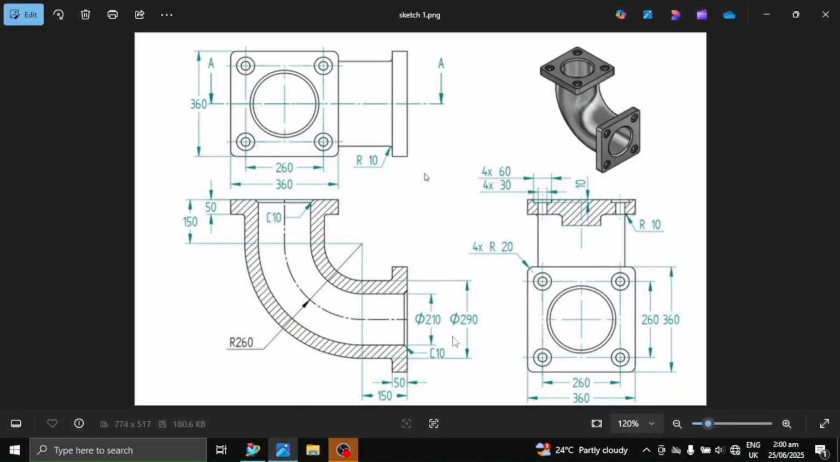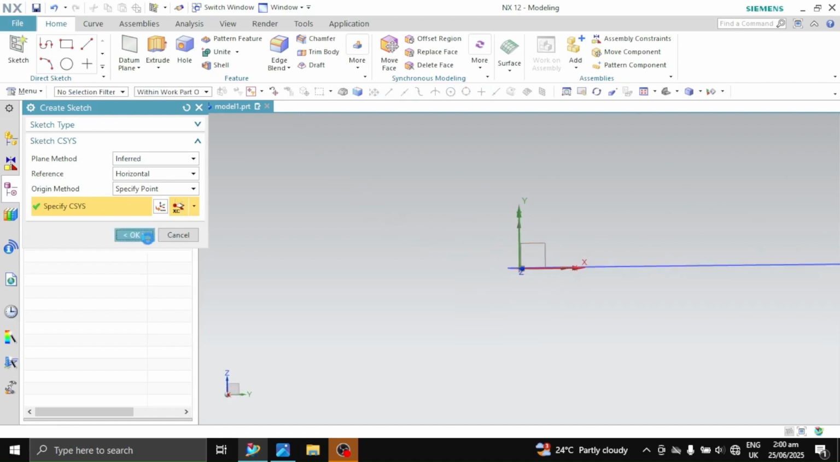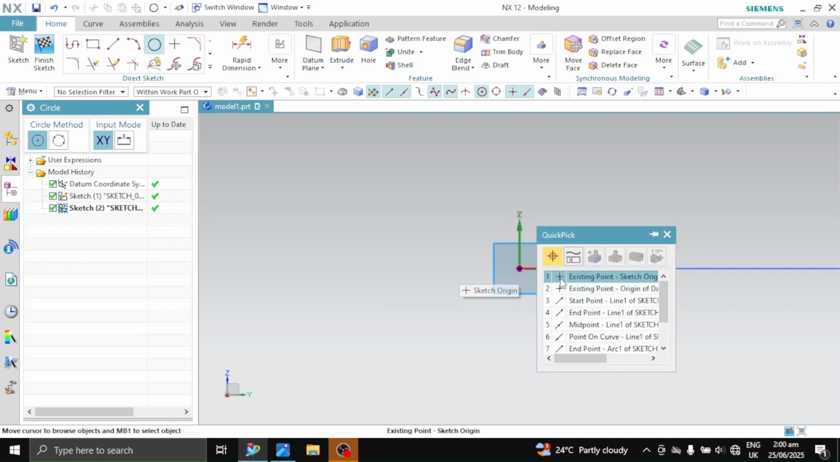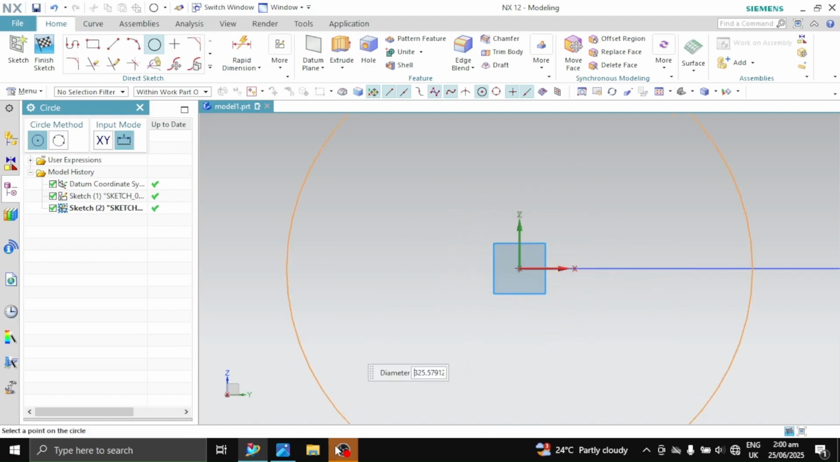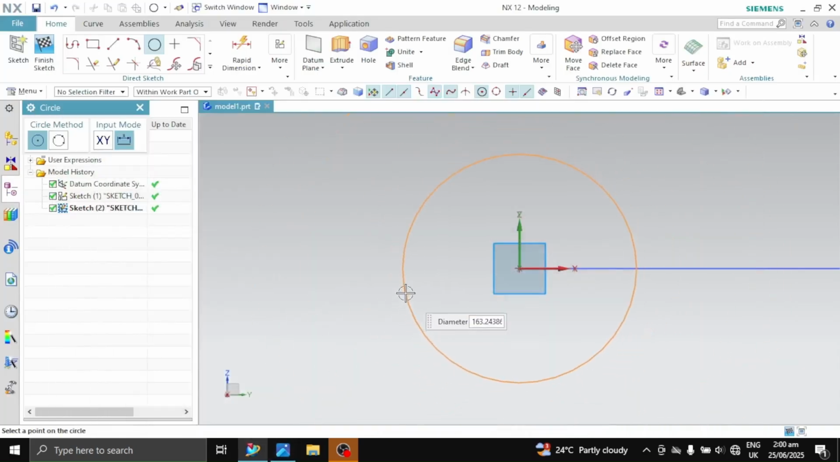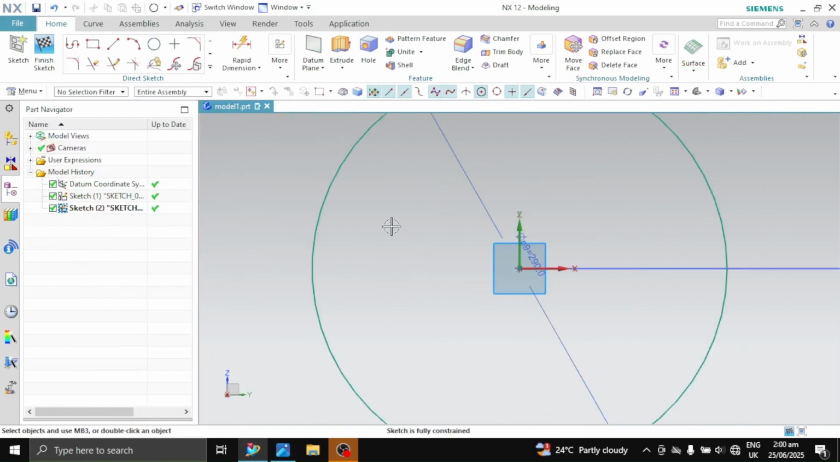and then we'll draw a circle with this diameter 290. So sketch again, and then select this YZ plane, click OK. Select the circle tool, circle by center and diameter, and come to this origin existing point and draw a circle of radius 290 millimeters and press Escape. Then select Finish Sketch